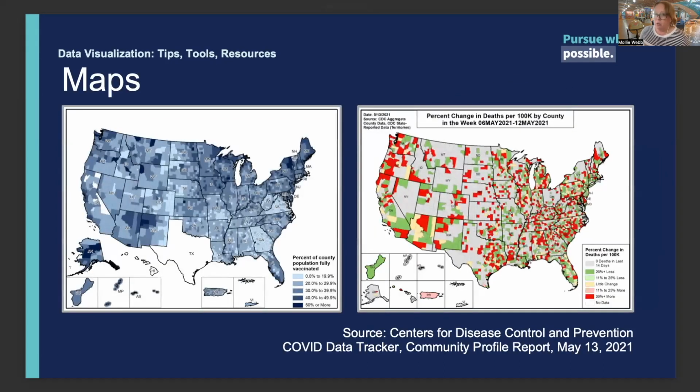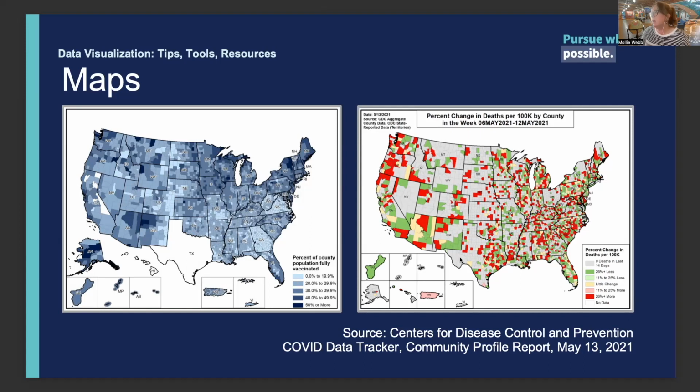All right, so since I'm a GIS person, I definitely am going to give a plug for using maps to show your data, especially if you have information about place or geography, zip code, county, things like that. So same rules apply. We can still use different color schemes. So the map on the left is showing our sequential color ramp that we talked about before, showing values from